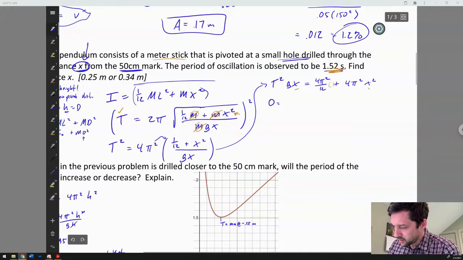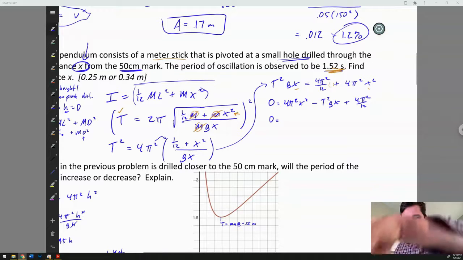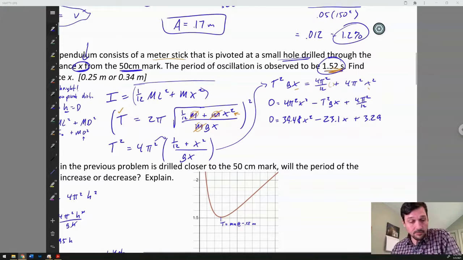So we got 0 equals 4 pi squared x squared minus T squared gx plus 4 pi squared over 12. And at this point, I might actually try to determine some numerical decimal values for each of these things. So I got 0 equals, here's where I need to use a calculator. Eternity later. All right, so I've got my quadratic. I solve a quadratic using the formula program on my calculator,